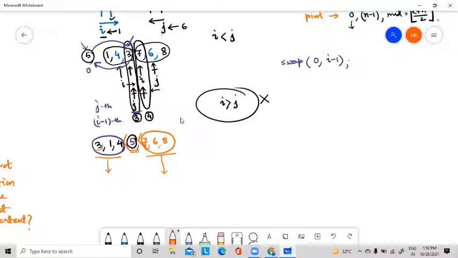It means this will be chosen as pivot element, then it will be compared with the rest, and in this way we will move forward. So after this iteration, 3 will get its proper position, 1 in this side and 4 in this side. Then in this side, 7 will get its proper position, 6 in this side, and then 8 in this side. And see, these subproblems now become single elements. So I will stop. Now this array is totally sorted.